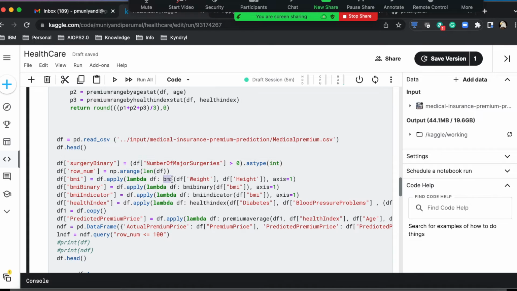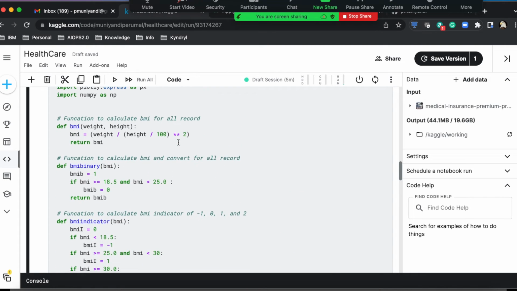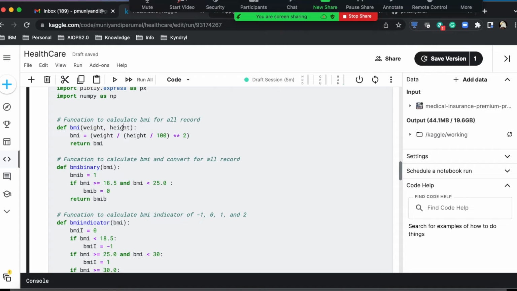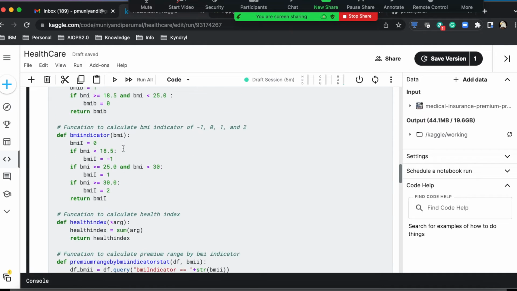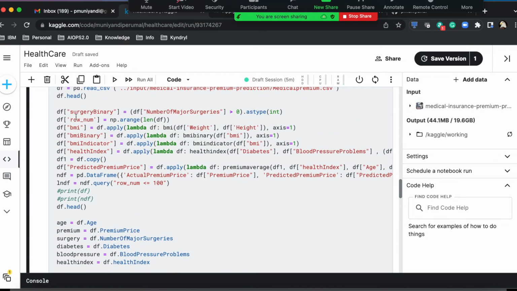See the BMI. The BMI is one of my user defined functions. In the BMI function, I'm just passing height and weight, and based on that I'm doing some calculation. It's a simple function, right? Simple function anyone can write. It's not a big function. But what I'm doing with Pandas, it's a miracle which I'm doing here. See what I'm doing actually.